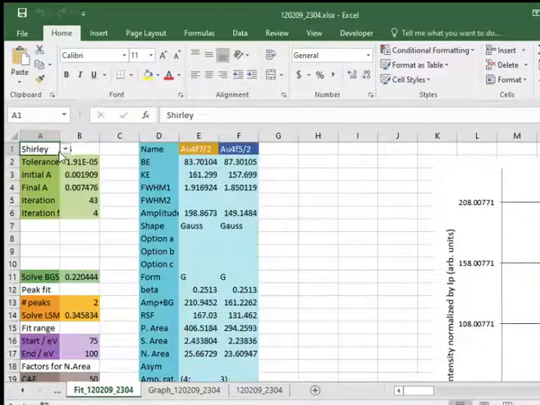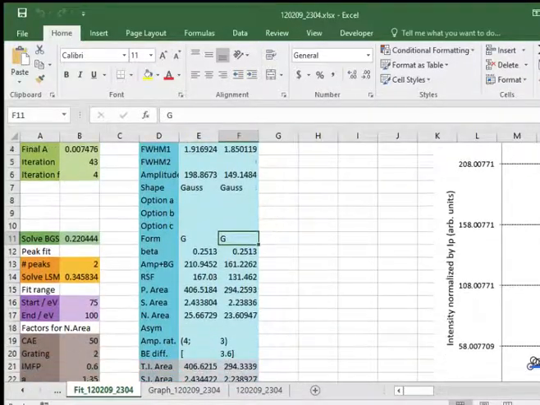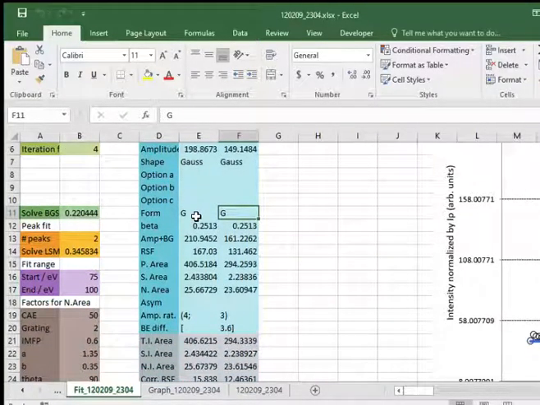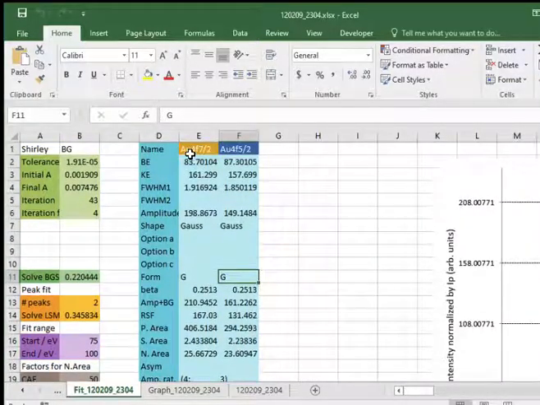And you can also change the type of the background, number of the peaks, fitting range, and the binding energy, full width half maximum, shape, and the amplitude here, and the form is just Gaussian shape. If you want to have a different shape, you can change this G to L for Lorentzian, GL for pseudo-Voigt function. Amplitude ratio is already assigned for the 4f gold, and the binding energy difference based on the spin orbit coupling is already registered in the database according to this